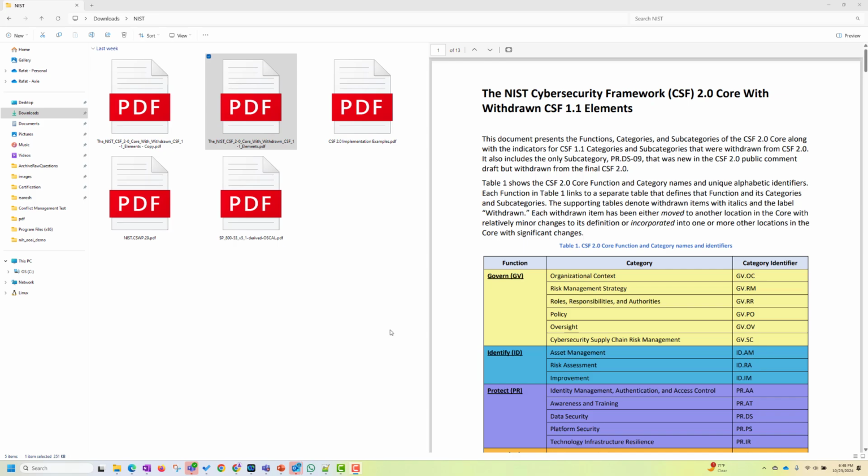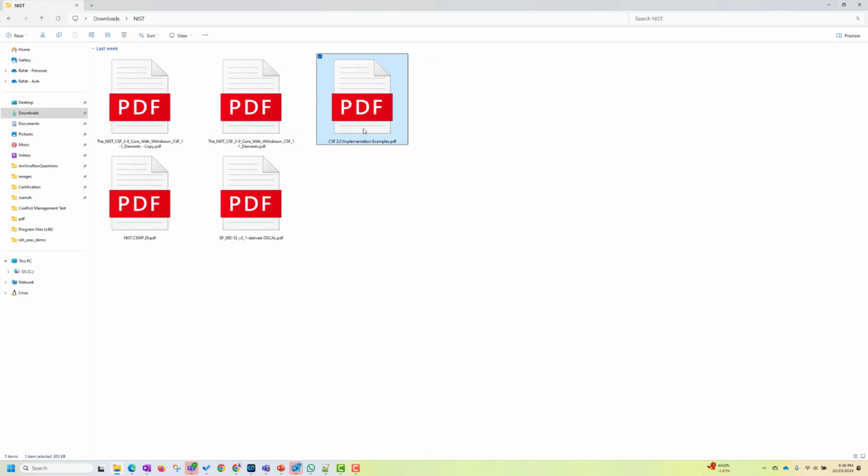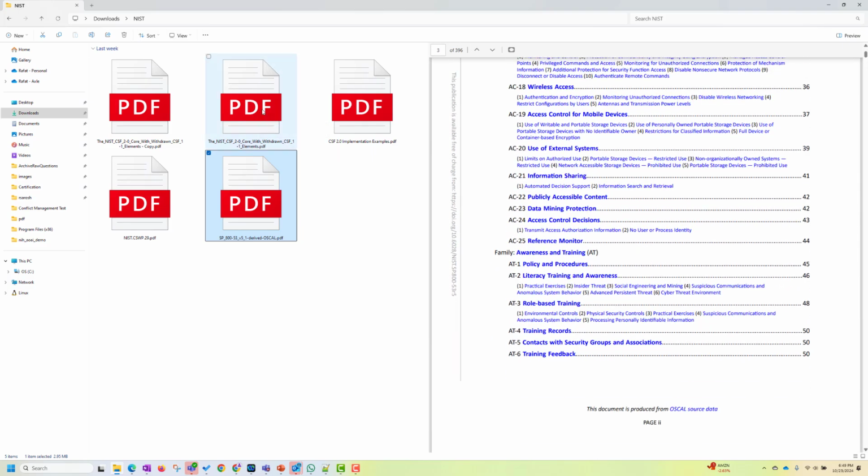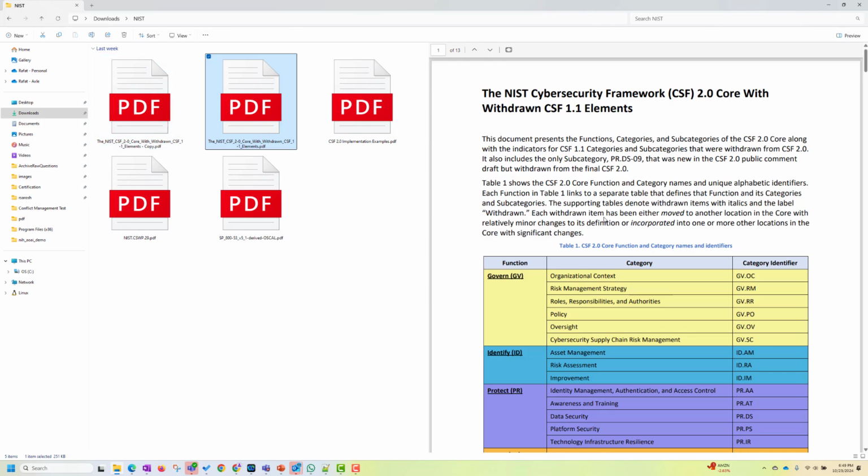So in today's hack, I'm going to show you how you can synthesize multiple documents and get the relevant information. I want to know some information from the NIST cybersecurity framework. As you may know, it's a big framework, with a lot of information about it on the internet, and pretty large